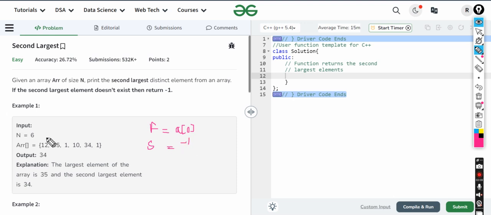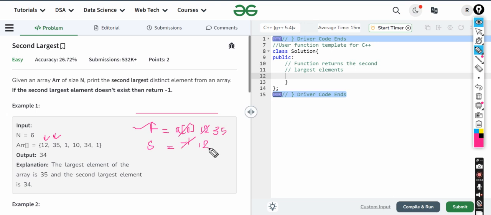While traversing through the array, a of 0 is my 12th number, so I'll write 12 here. When I'm at 12, my second would be minus 1. Assume I am in a for loop. When I go to 35, this number exceeds the first one, so I'll replace first with 35, and whatever the value was at first, I'll move it to second.